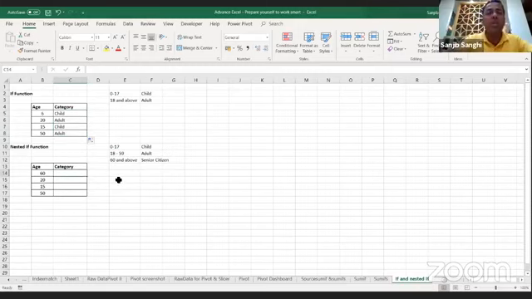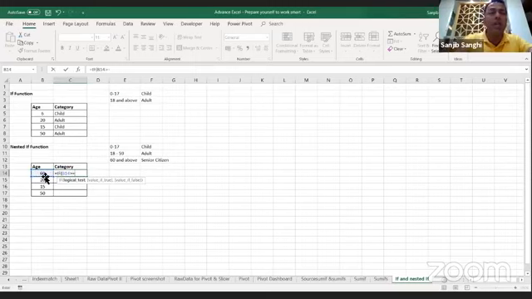Let's try doing this. We'll say equals to if, and the first test is the age, comma, and then I can say greater than or equal to 60, right? Now, what's my first test? If it is greater than or equal to 60, it's going to be a senior citizen, right? So I'll type in senior citizen. I can do it any way I want, but this can be one of the ways. My second condition, value if false.